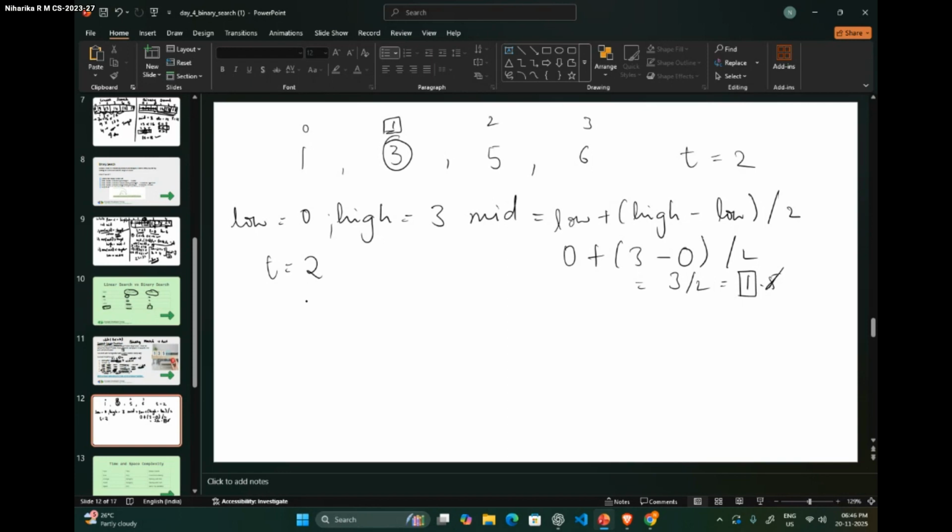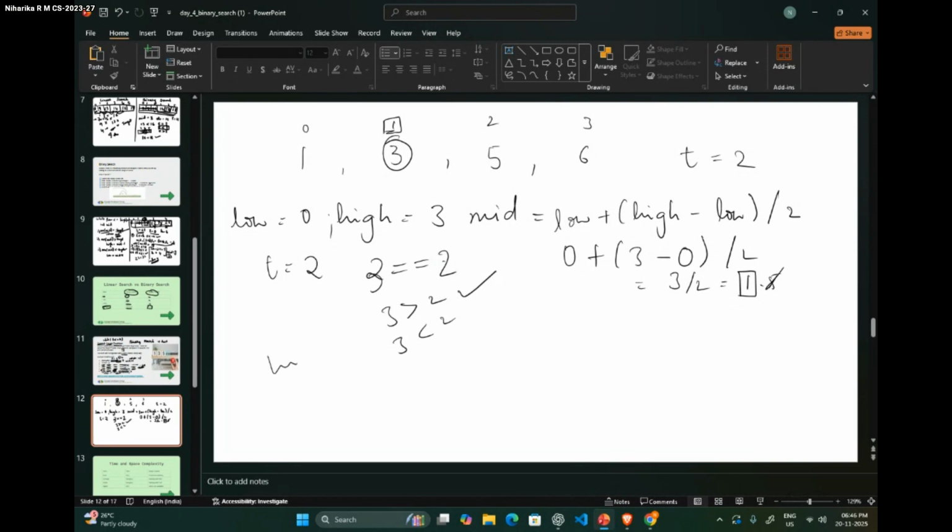So what are we doing? Again, our three basic principles: is 3 equal to 2, is 3 less than 2, is 3 greater than 2? So we know that 3 is greater than 2. So what do we do?